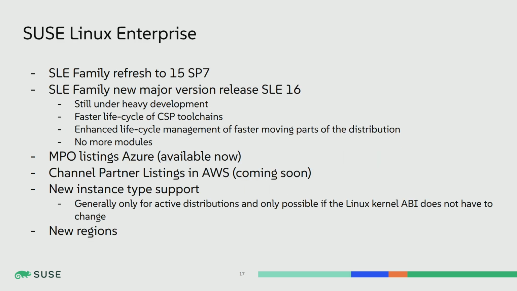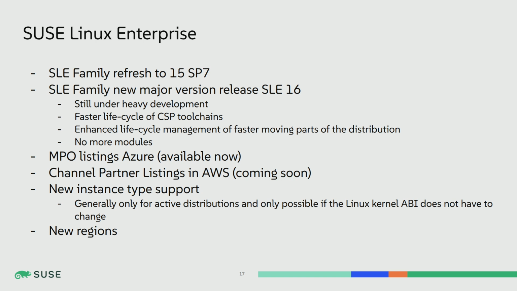All right, so that's what we announced today. What else is coming? SUSE Linux Enterprise, if we're just looking at the server family. You heard that in the keynote this morning as well, from Rick Spencer. We're going to have SUSE Linux Enterprise 15 SP7. The whole family is going to be SLES for SAP, HPC. And then we're going to have the new version, SUSE Linux Enterprise 16, which is currently still under heavy